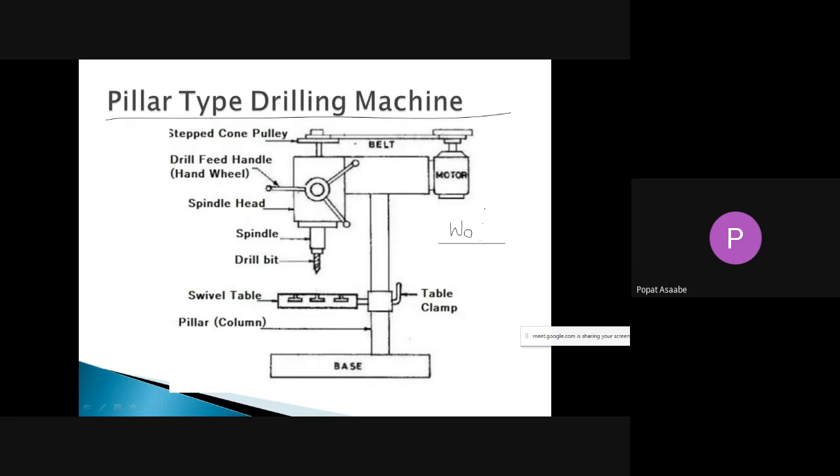See here. When we are giving the supply, the motor is going to start, and when the motor starts, the output shaft of the motor starts to rotate. We know that on this output shaft of your motor, the stepped pulley is mounted. Along with the output shaft, these stepped pulleys also start to rotate, and the power from this set of stepped pulleys is given to this set of stepped pulleys with the help of the flat belt. It means that when this set of stepped pulleys starts rotating, your spindle starts rotating.